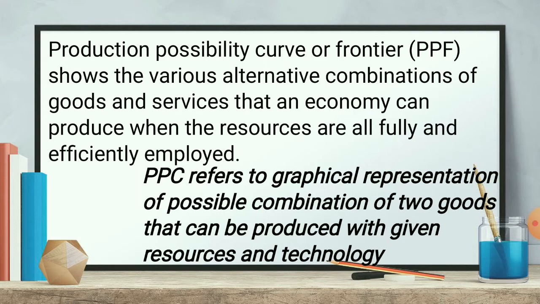It means it is a graphical representation which can be presented in a graph, and it shows the production combination of two goods, their possibility, when we are going to produce two goods at a time, what can be the various combinations which can be produced within given resource and given technology. Whenever you find the word given, it means that in the economy it is available to the producer, and using those available resources and technology we produce some goods and services.